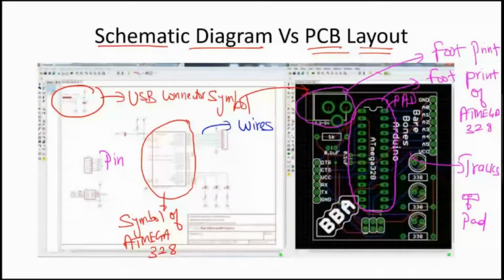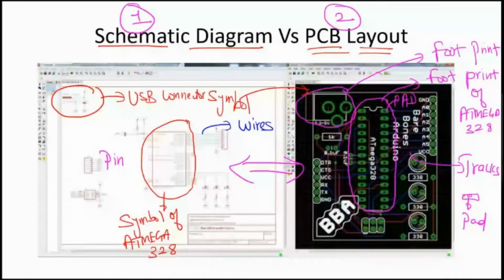So there is a clear-cut, one-to-one match between a schematic diagram and the PCB layout. When you are designing a PCB layout, the schematic diagram comes first. You have to draw the schematic diagram. Later on, you have to give the electrical connections in the PCB layout. So irrespective of whether you like it or not, you have to draw the schematic diagram first. Only then can you design the PCB layout. It is also possible to draw the layout without a schematic diagram, but that is an erroneous method.